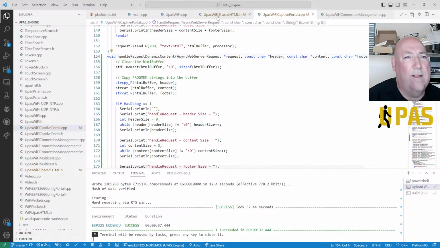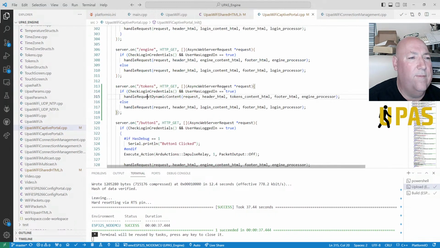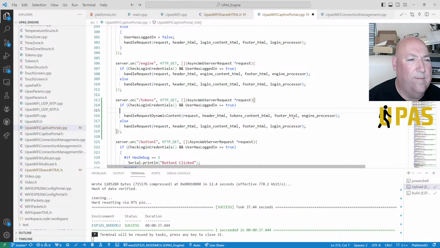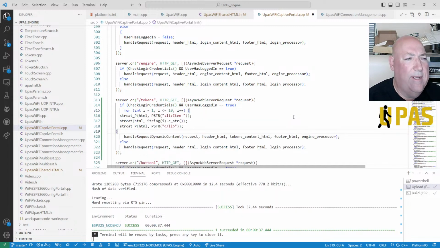Right, let's try it. Hang on, go back. Right, so we need to create here. We need to create this thing and send it. So we need to put that in there.